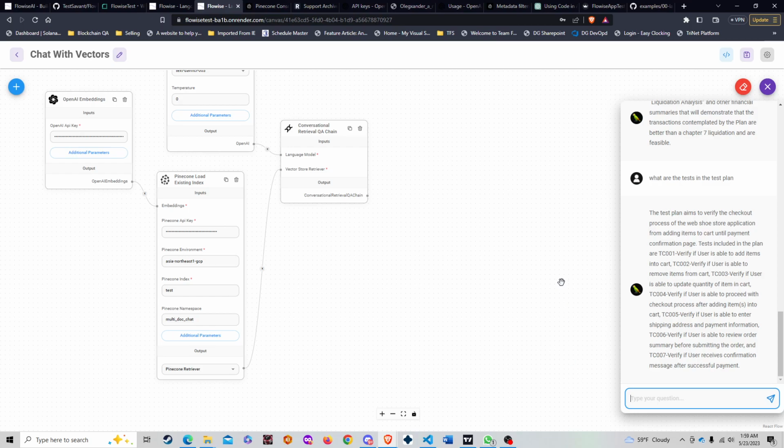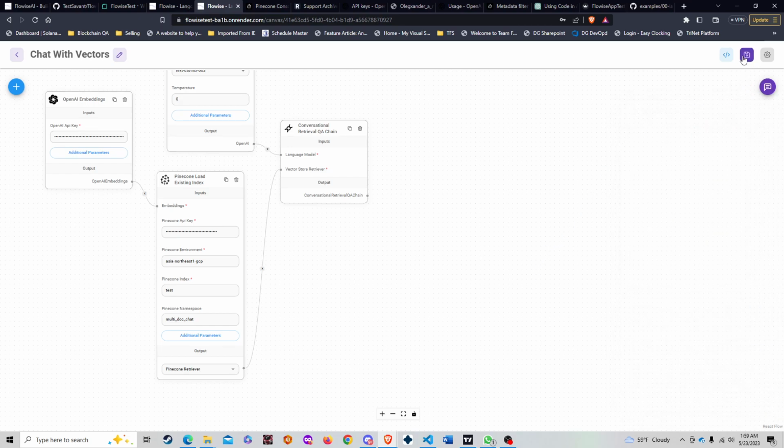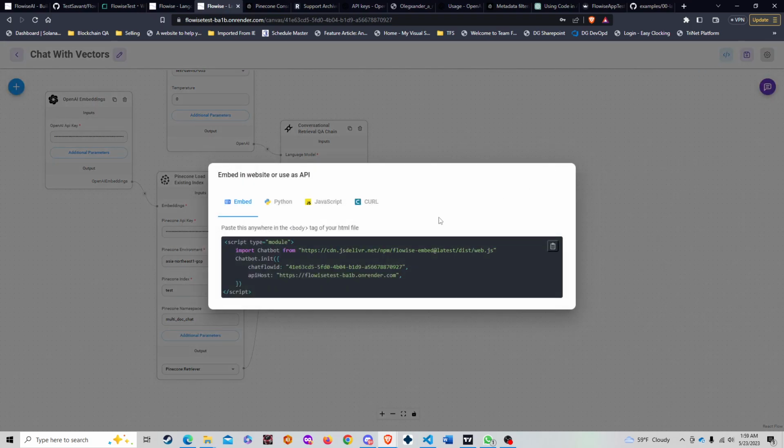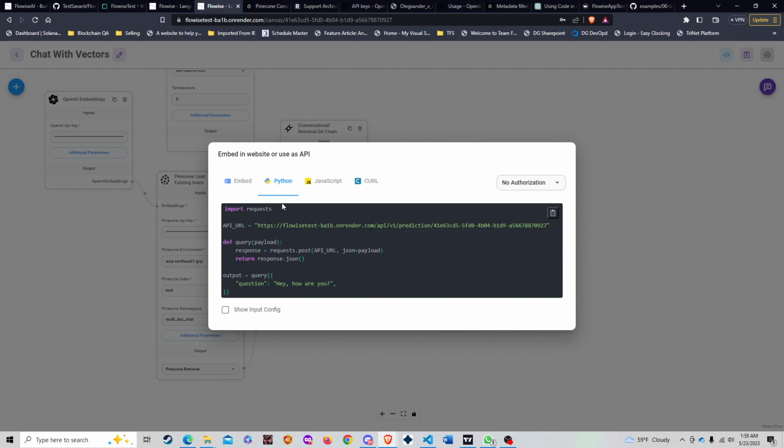Now, a lot of you have asked, how do I get this actually into an application? It's all fine and dandy over here. Now, there are several ways. One of the ways is, well, here, let me show you. We have this little button here for API endpoints. And then this window comes up, and it gives us the ability to embed this query in a website or use it as an API. So what we're going to do is use this as an API,